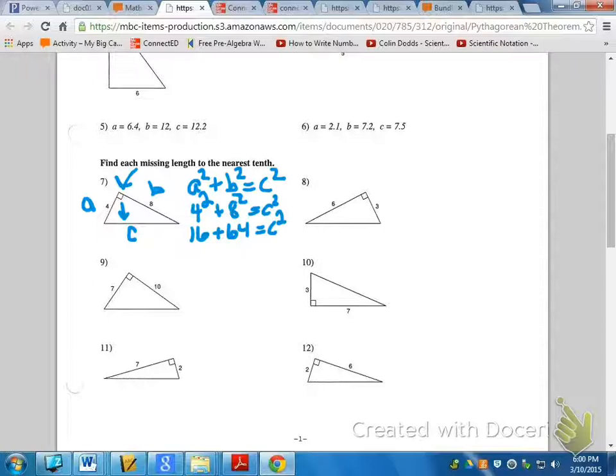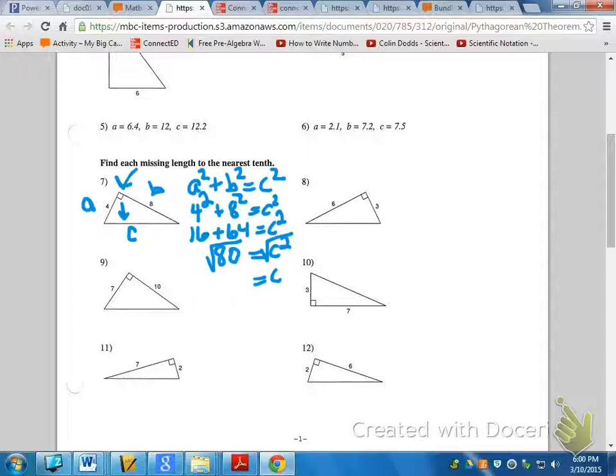Now it says to add 16 and 64, so I definitely am going to do that, and 16 plus 64 would then be 80. And this is C squared. This is not the length of C. So please do not put that it's 80. That is C squared. But I've got to undo the squaring by square rooting. So what I'm going to do in my calculator, and you may use calculators on this, is take the square root of 80,